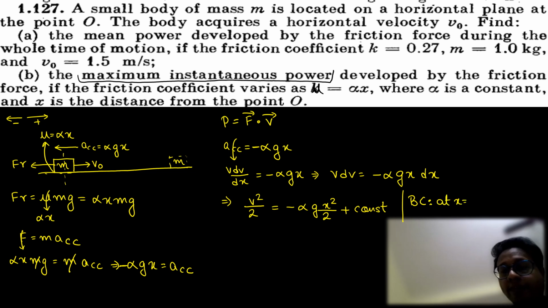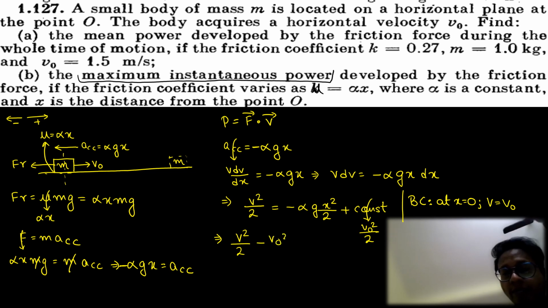At x equals 0, that means at the initial point, v is equal to v naught. So if you put x equals 0 and v equals v naught, the value of the constant becomes v naught square by 2. So I can easily say that v square by 2